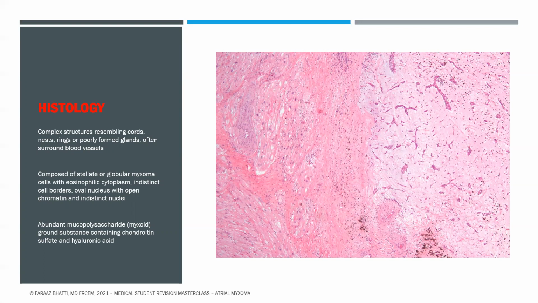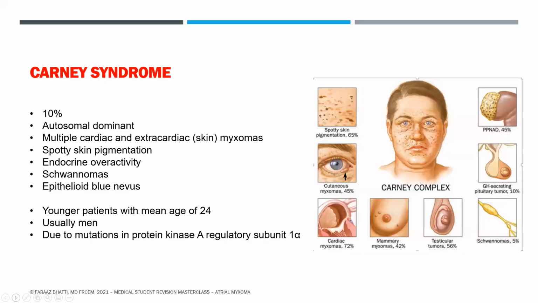And as you can see from this histology slide, you have a myxoma on the right-hand side. Again, low yield, Carney syndrome. So if atrial myxomas were rare, 10% of cardiac myxomas are as a result of Carney syndrome, which is an autosomal dominant disorder where you can have multiple cardiac and